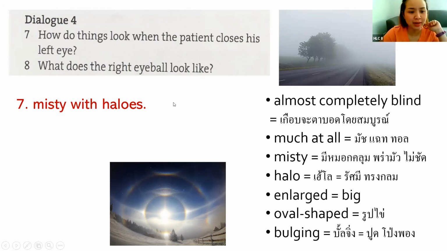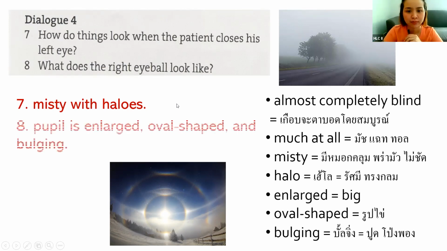Okay, the last question number 8. What does the right eyeball look like? ไอ้ eyeball ข้างขวานะคะมันดูเป็นยังไง So this one you have to describe how the eye looks like. The pupil is enlarged, which means big, oval shaped รูปไข่ and bulging มันนูนออกมามันโป่งออกมา